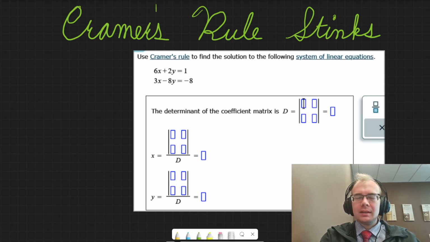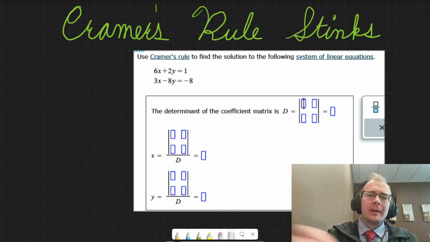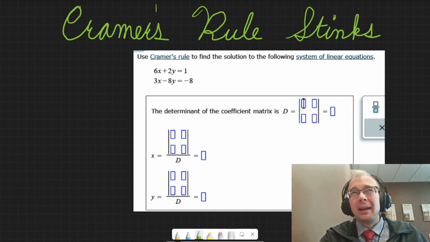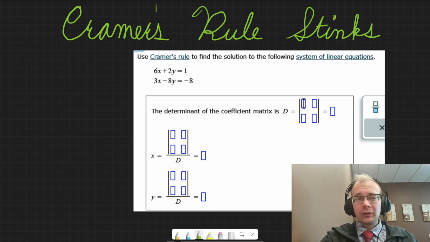So this is part one of why Cramer's rule stinks. And it does. It smells terrible. And here's why. There's so many different ways you can solve this system that are way easier. I mean, you can do elimination method. You could do substitution method. You could graph them. You could put them in a matrix in your calculator and make your calculator solve the matrix. I mean, if you're doing that by hand, you're getting close to smelly. But this is like beyond smelly. This is like